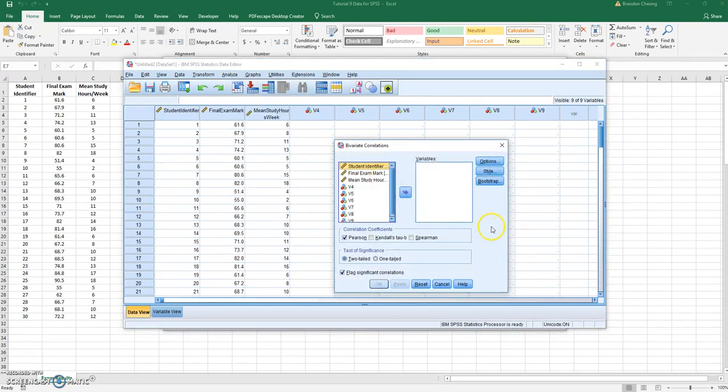And it brings up this window. And remember, the two variables that we're interested in are the final exam mark, so that goes into the variables box, and the mean study hours per week. That also goes in. Here, when we look at correlation coefficients, we are not interested in Pearson this time, so we're going to uncheck the Pearson correlation. And then instead, we're going to check the Spearman one. When we click OK,